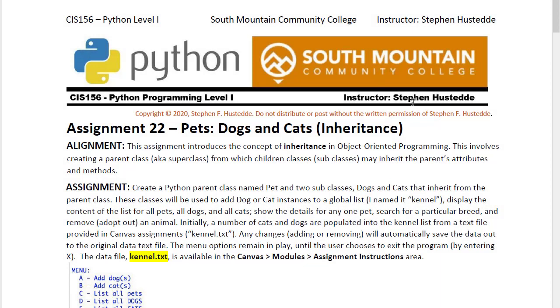The pets assignment is sort of the superheroes assignment on steroids. Instead of just having a superheroes class, we're going to create a pet class that will then be inherited by a dog class and a cat class. We're going to create instances of both of those by reading in data from an external data file, and we'll be able to add new pets,